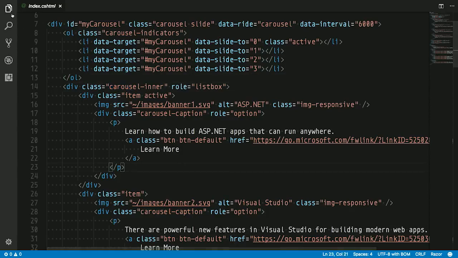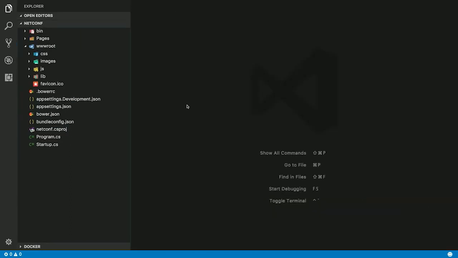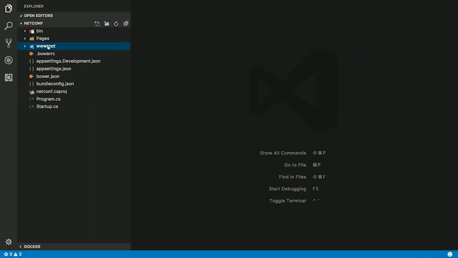Okay. Makes sense? Now, I'm not going to talk too much about the Pages directory because that's mostly Razor Pages, and you'll hear about that in another talk. I'm also not going to talk much about wwwroot or static content or those sorts of webisms, just because in this first fundamentals talk, I'm going to talk